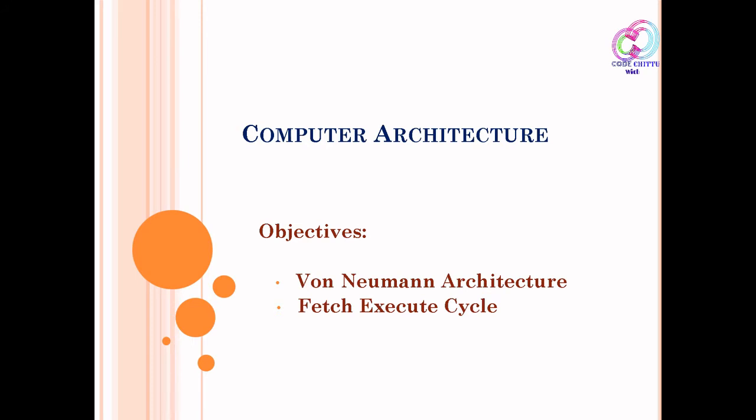Computer architecture means you have already learned all the input devices, output devices, and storage devices, and how they store things. This model was created by von Neumann, who was a very famous mathematician. He made this to make it clear. This model makes it very easy to understand how the computer carries out instruction by instruction. In this video you are going to see and learn what the von Neumann architecture model is, what things are present in it, and how the fetch-execute cycle is done. So let's go into our class.